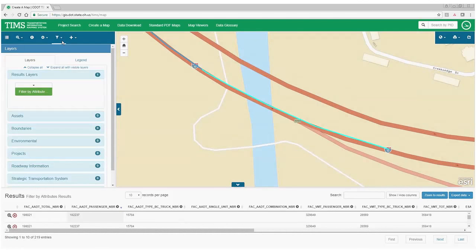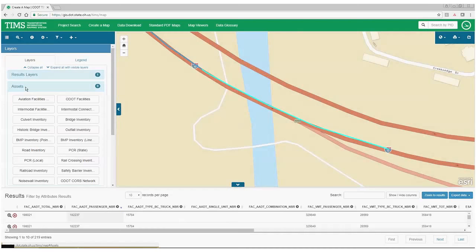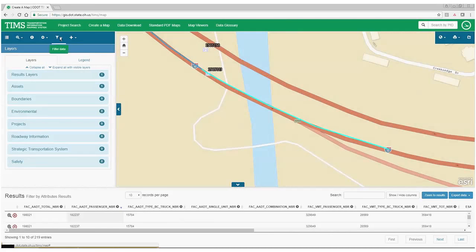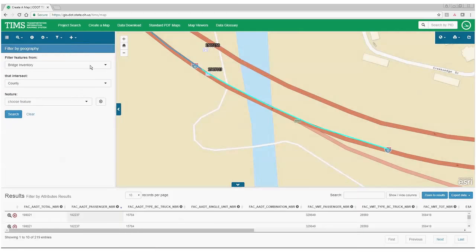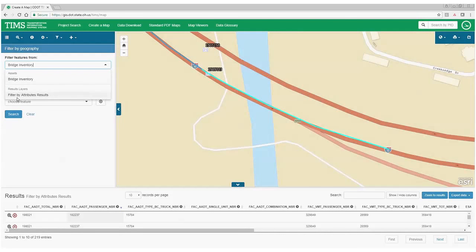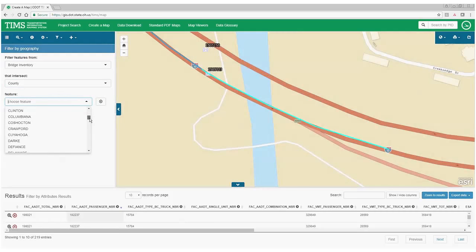I'm going to go ahead and build the next type of filter. Let me turn on a different data set though. I'm going to turn on my bridges. So now I want to filter by geography. What this does is you can select the layer that you want to filter from, and then you can choose a boundary. It has to be a county boundary, an MPO, a district, or an urban area. We are looking into adding some more boundary types, but this is all we have available at this point. So once you choose the type of boundary, you can select the name of that boundary,